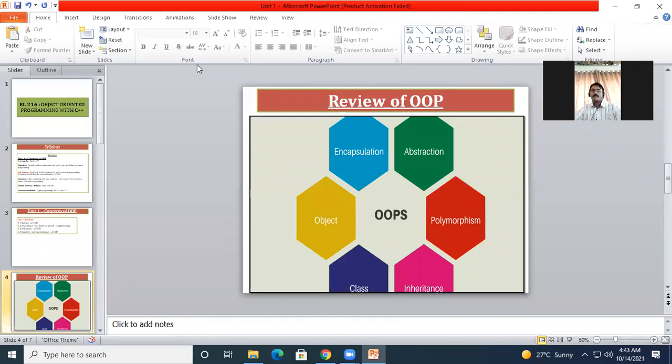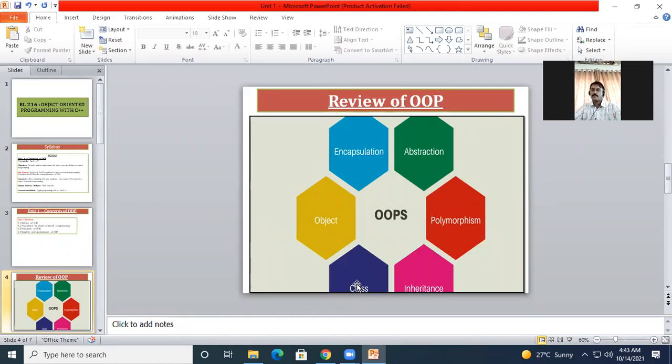Yes, sir. Okay, so have you seen any of these concepts: encapsulation, abstraction, polymorphism, inheritance, class, object? No. Right, but what we have seen, see, a very basic feature in OOPS is that we implement all those things with the help of the class, whereas in the C programming language, we used to implement the program with the help of the main method. Right? Do you remember it?